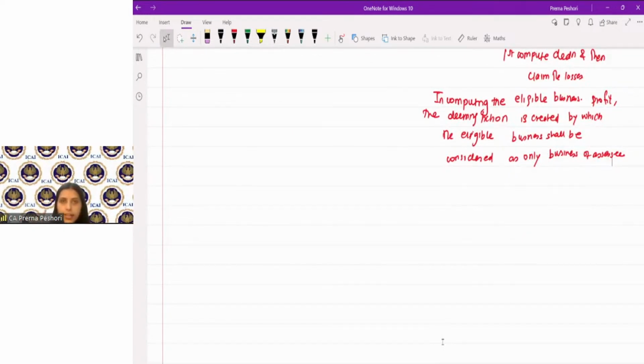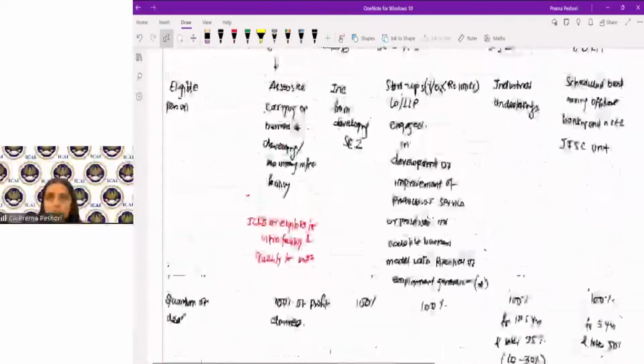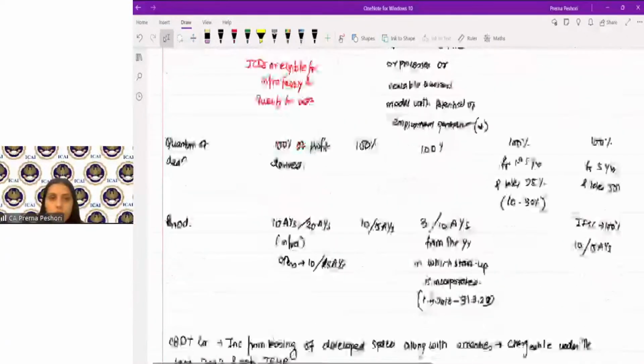Now, in terms of section 80IA, 80IB, you have to remember the profit percentage which is allowed, the 100% which is allowed, and the number of years for which you can claim the deduction. That is what you have to remember. And most importantly, you have to remember these case laws which I have shared with you. Now, last one, in terms of section 10AA, which I have discussed over here,